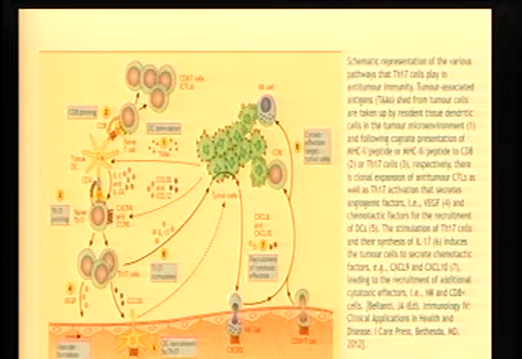And similarly, if these DCs are making a lot of IL-23, so this is a key molecule basically. If DCs make IL-23, the kind of T cell response you will get is going to be an IL-17 kind of thing. So far, all this has happened is good, right? The IL-17 cells go back, and then activate NK cells, CD8 cells, and all these things are going to attack the tumor and kill it.